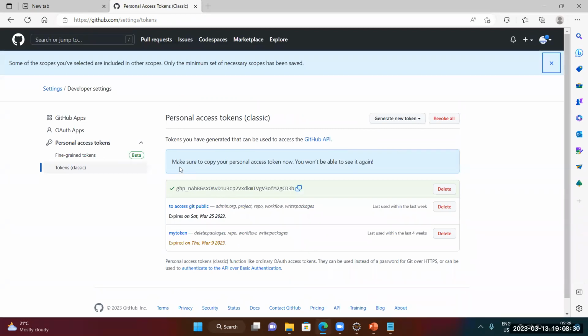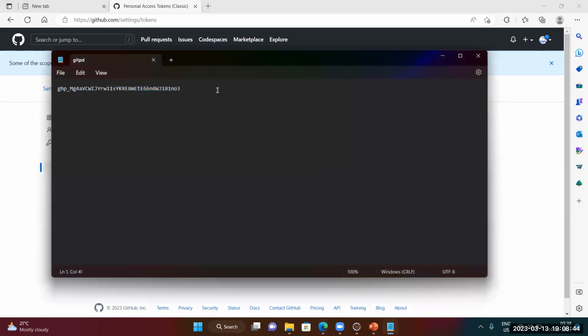So if you see here, it says make sure to copy your personal access token. Now you won't be able to see it again. Okay, so I have to copy this one, copy it, and I'm just storing